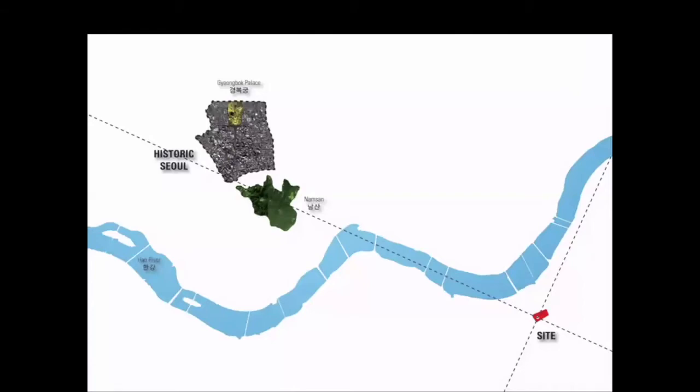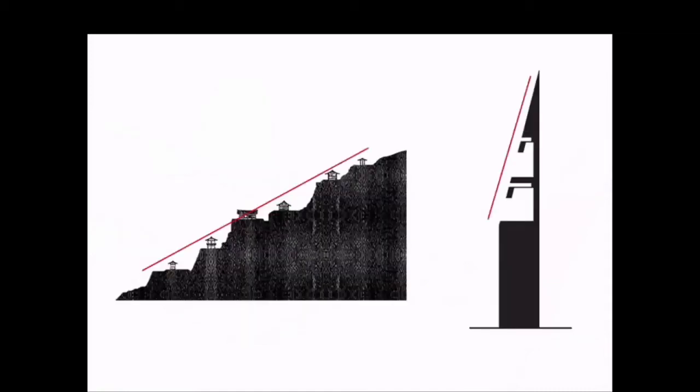But even then, the design of the building was not clearly defined. I mean, we proffered some designs, but nothing was fixed. The search was still ongoing. And in that search, the directionality of the incline of this site towards the old Namsan, the old center of Seoul in the mountain, was of prime importance. And so we offered a scheme, which you could see on the right-hand side with a raked angle. My colleague and partner Trent Tesh came up with this interesting idea, very compelling, which had some kind of